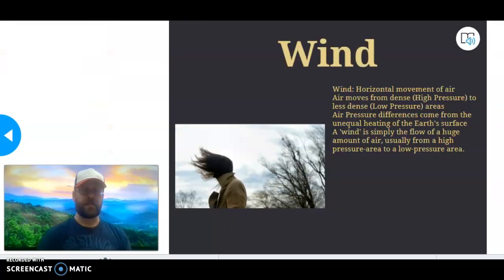That brings us to the subject of wind. Again, I think that's one of our vocabulary words. The horizontal movement of air is wind. And air likes to move from high pressure to low pressure. And there's a very simple way to show that. If we take a balloon,